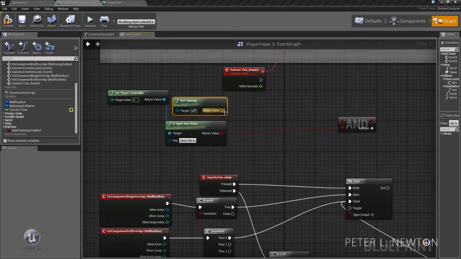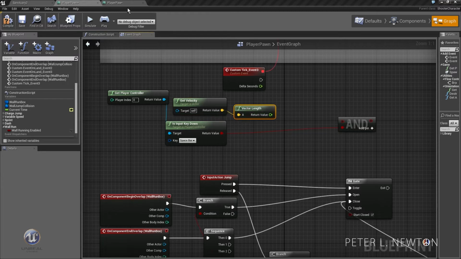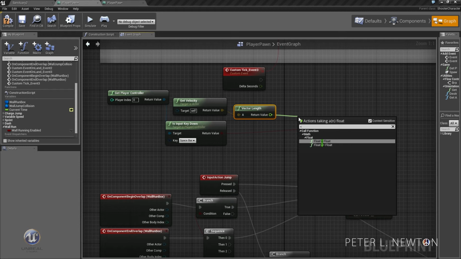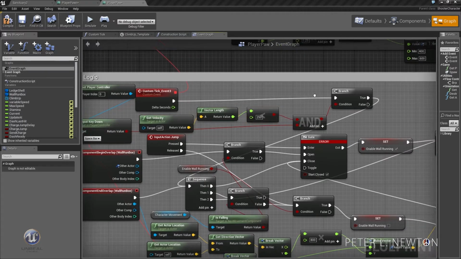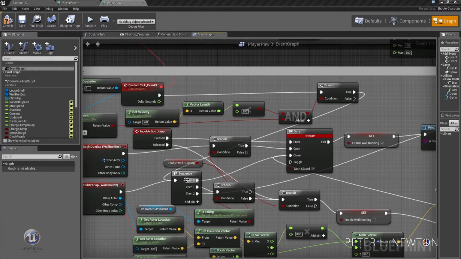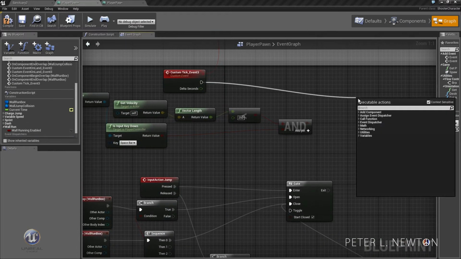So let's get the velocity, then get vector length, and we want to make sure there's a vector length. We want to check if it's less than 250. So if it's less than 250, and spacebar's down, let's branch, and this will end the sequence. So let's do branch,